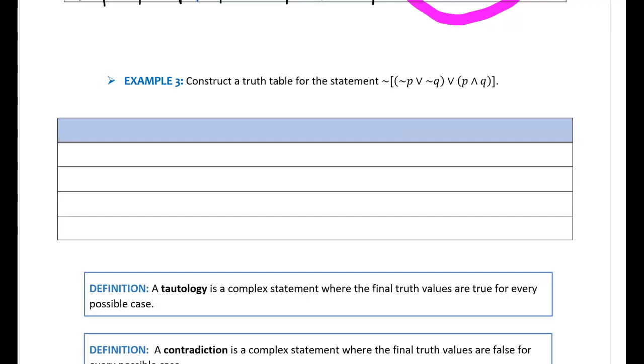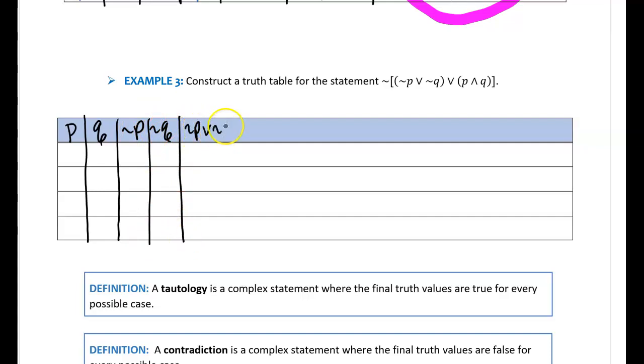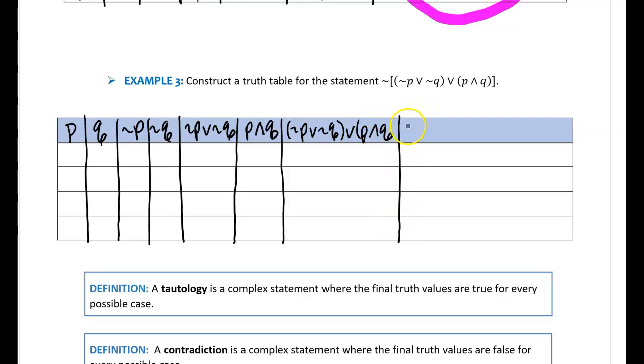So as I'm looking at the problem, I know I need to have P, Q, not P, not Q, not P or not Q, P and Q, not P or not Q or P and Q, and finally the negation of the statement not P or not Q, or statement P and Q. So there are many columns that I need to find truth values in order to get to this end goal starred in red.